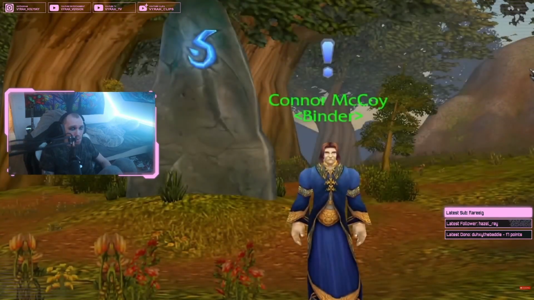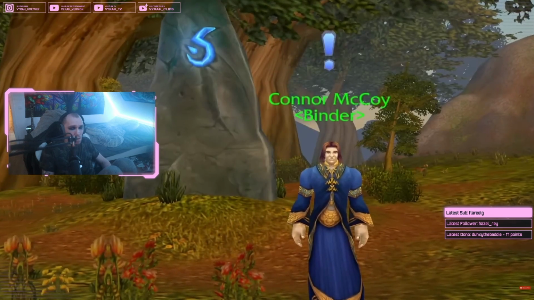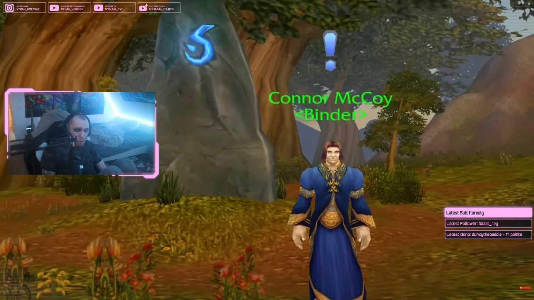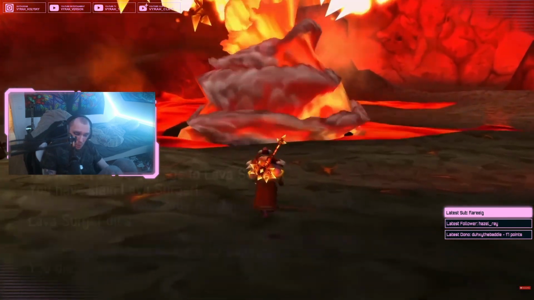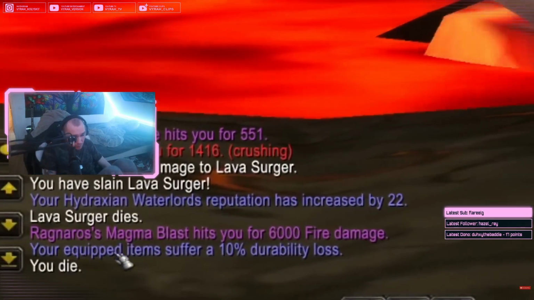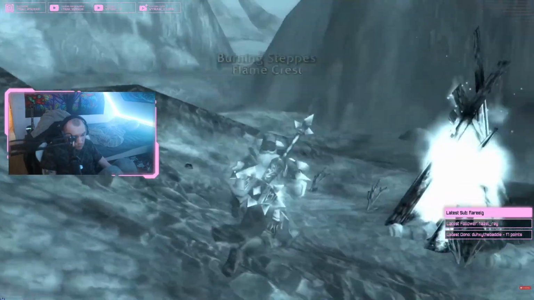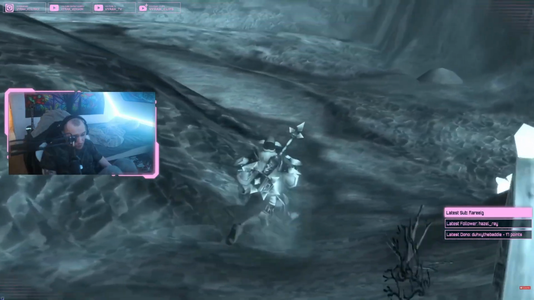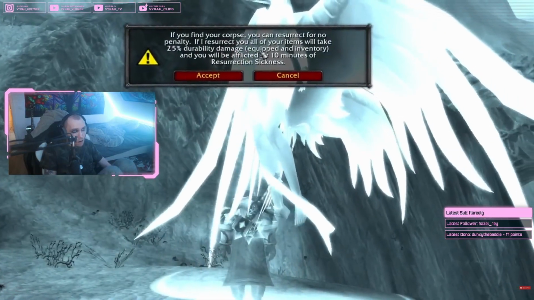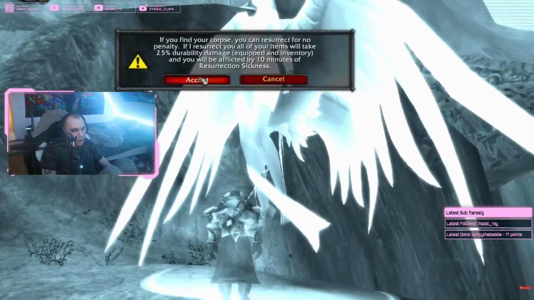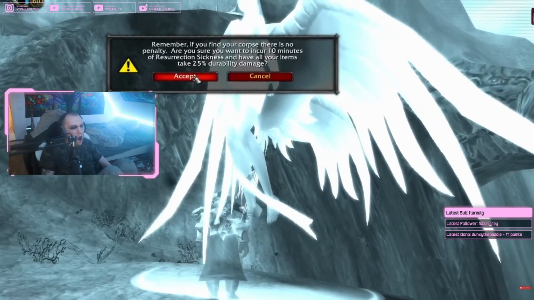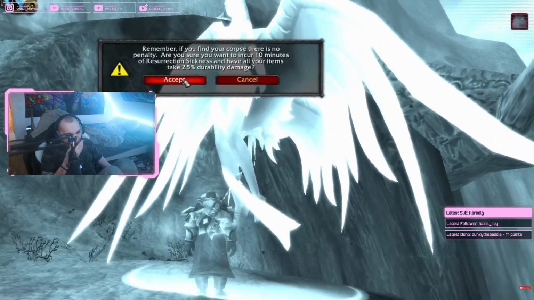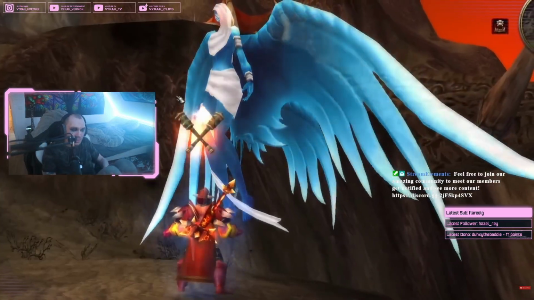Next we have Death, Resurrection, and XP, which all worked a little bit differently in this alpha. In the final version, as you know, when you died, you lost 10% equipped durability, and you'd spawn in ghost form to the nearest spirit healer, where you had the option of either running back to your corpse or rezzing at the spirit healer for a 10-minute debuff and an additional 25% durability hit to all of your gear in your bags, not just your equipped items.